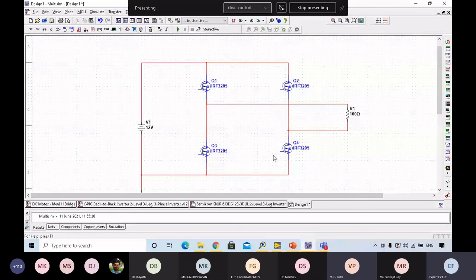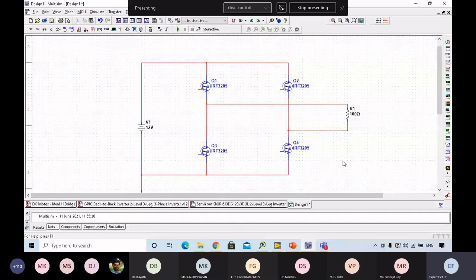Okay, so when these both are true, and these both are false, you can say that the current through this resistor will flow in this direction. When these both are on, you can say the power will flow in this direction. So you can say it's an inverter, a DC to AC.